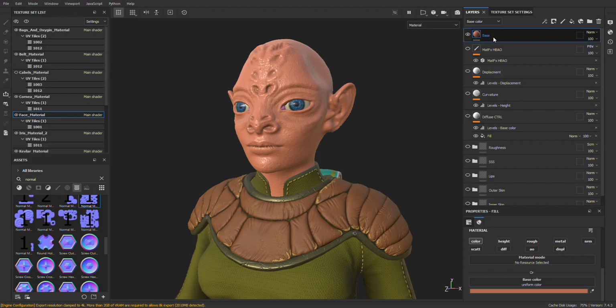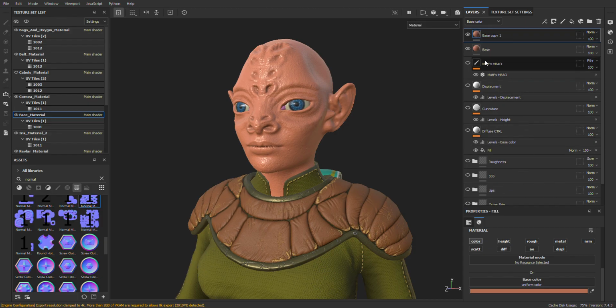and I usually duplicate this. And you can go with a shortcut by clicking Control D, but if you don't know that, you can right click, and here you can see that it's duplicate layers, and you push that, and you're going to have the same layer on top of the one that you created. But instead of using the same color, we're going for something more exaggerated, a little bit darker. So let's push it, like for example there,